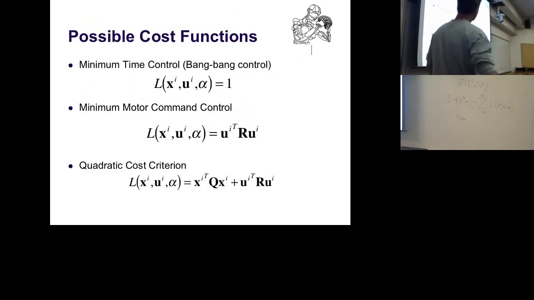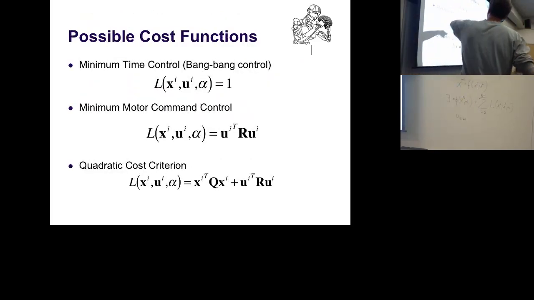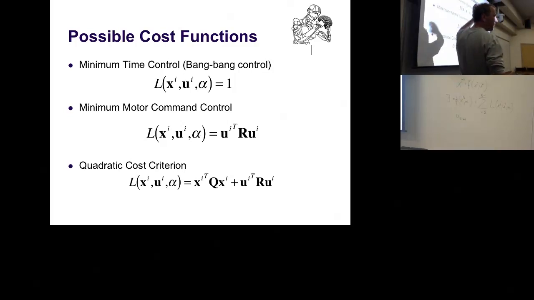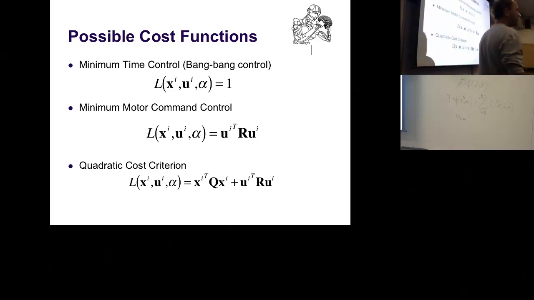So let's look at some cost functions. There are different cost functions people have been using a lot, and you can make up any cost function you want in the end. One cost function which people like is what is called bang-bang or minimum time control. Let's assume we want to minimize things. Every cost you incur is like a penalty, you pay something. If you simply say at every time step you pay 1, it can also be 100, the scaling of the cost function doesn't matter in general. Then if you want to minimize that, you want to take the minimum number of time steps to get to the goal. Once in the goal, when you're absorbed, you're not paying anymore.